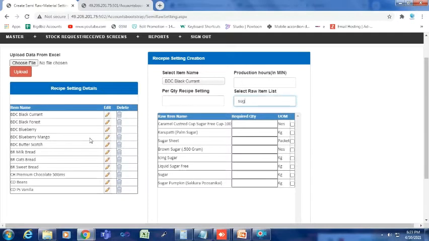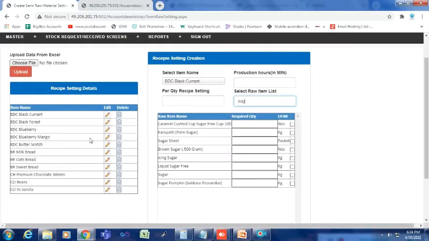So the related raw materials will be reduced, because we have requested them from the store. The production requests the raw materials from the store like sugar, maida, ghee, butter. So many things are required to prepare this blackcurrant.